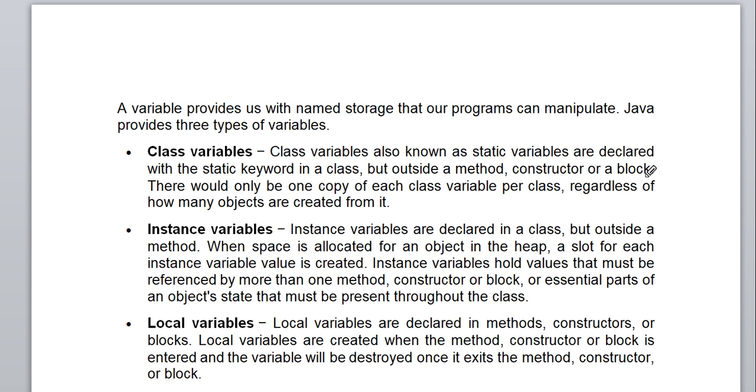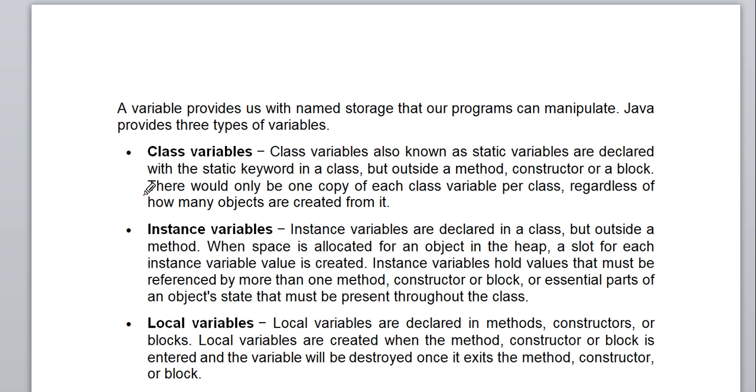Any kind of block. So a class variable should be declared outside the block, just after the declaration of the class. They are not defined within the method, the constructor, or any block, such as a conditional statement block or looping statement block.